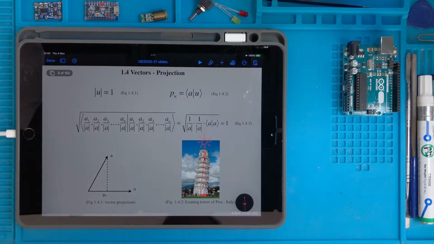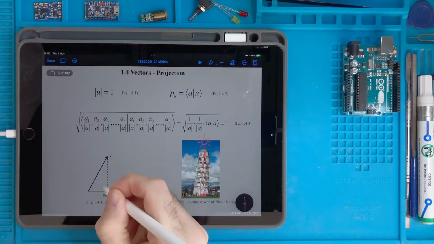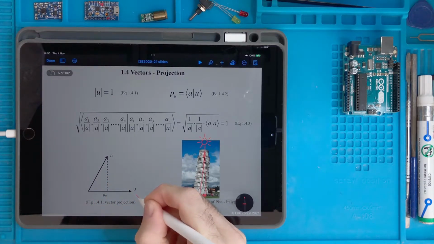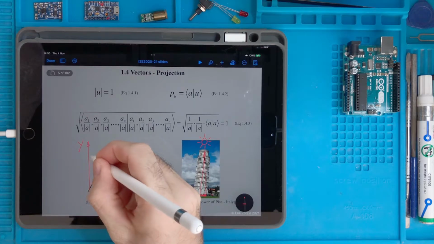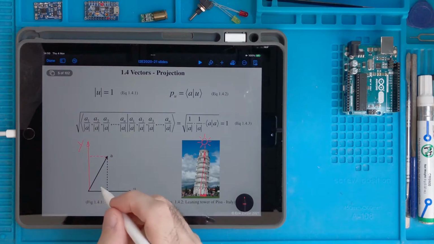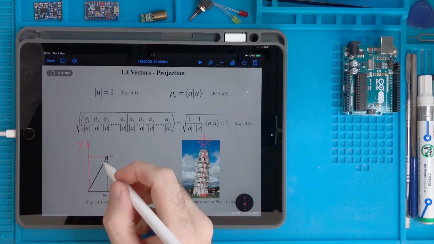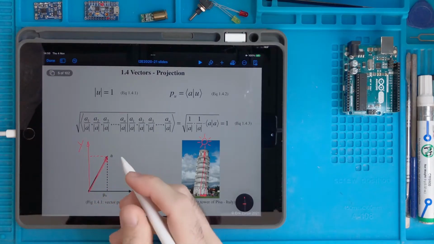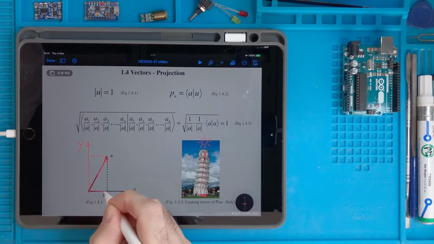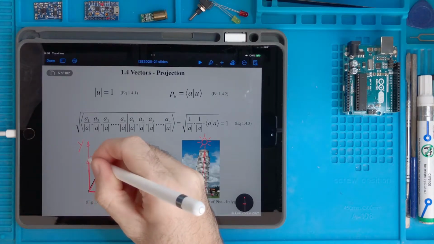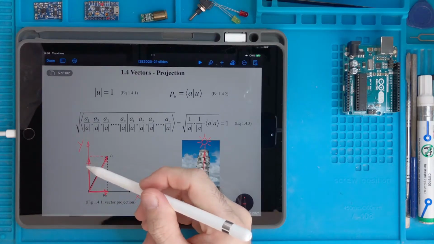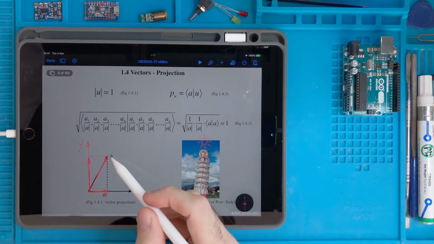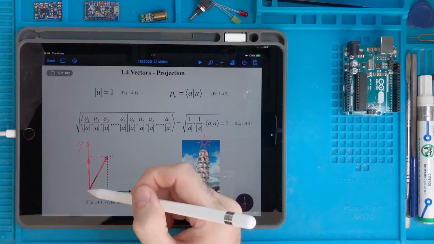So when we speak about projections, for instance here, let's identify this direction with the direction x and this direction with the direction y, again in two dimensions. So projections are important because they tell us that this vector A can be composed, or if you prefer decomposed, by the summation of two other vectors, one in the direction x, the other one in the direction y. In other words, A is made a little bit of x plus a little bit of y.